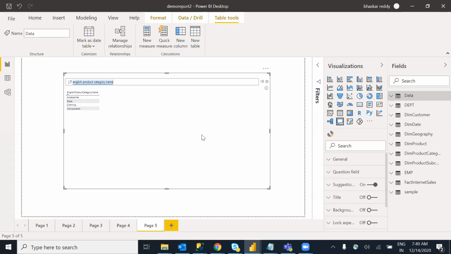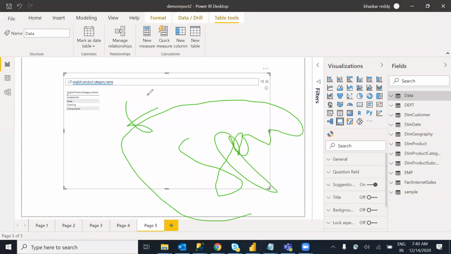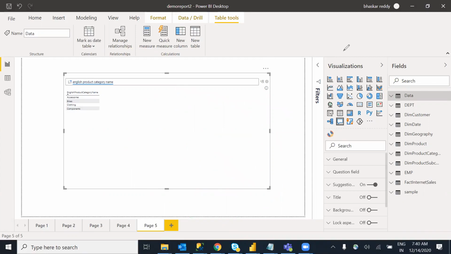This is what we have as Cortana analytics, or natural language. Initially it supported English. Now it will support English and Spanish as well, both languages. Based on your data you can ask any question over here, and it will give you the data. It will analyze, search your data and give the information to you over here. This is what we have as Cortana analytics.